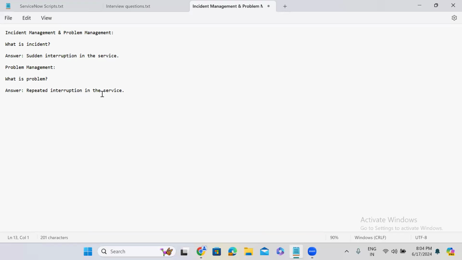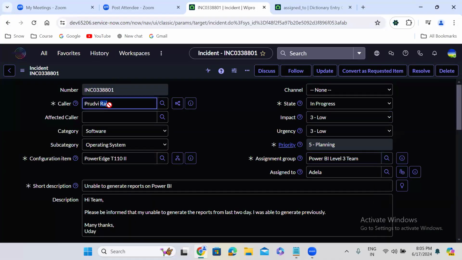If the same issue is repeatedly happening for the same employee, remember this point, we call that a problem. So Prithviraj is now insisting that this employee provide the permanent solution this time. This guy had a meeting between these team members, and the team came to the conclusion that this is not an incident, this is a problem.